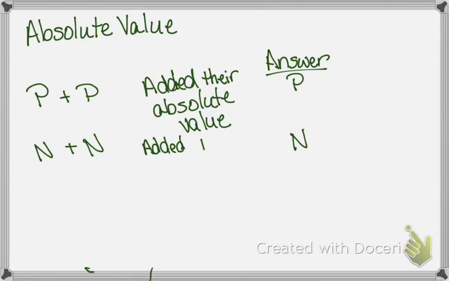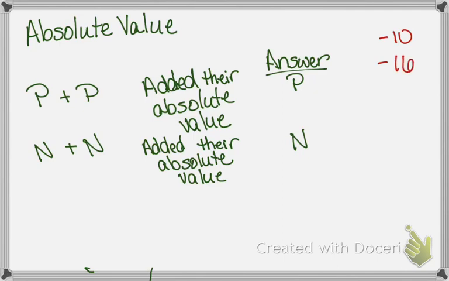So wait, I don't understand how adding the absolute value of two negative numbers gives you a negative. Okay? So, think about my sweet son. He is negative $10 in the hole. Okay? Then I give him an additional $16. Okay? So he is now negative $26 in the hole. I get it if you feel like that. But the way you explained it was that the absolute value of two negative numbers would give you a negative, but I thought the